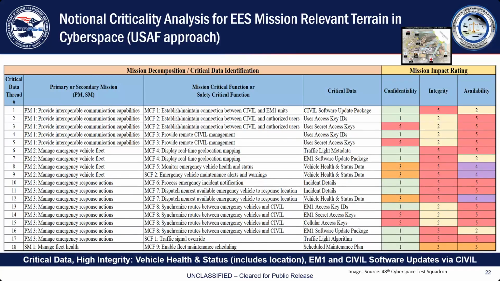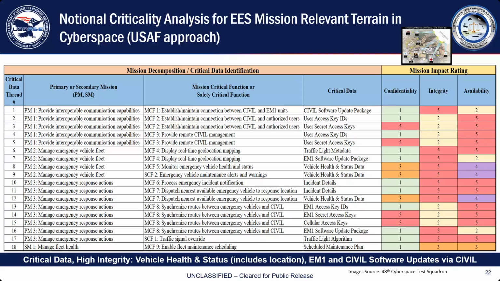And the Air Force, in developing their MRAP-C process, decided to create their own approach for functional and mission decomposition to support cyber criticality analysis. And this is the analysis they used for the EES in their process. So I didn't build this, they built it. They take the missions, in the first column, the primary and secondary missions, right? And then they